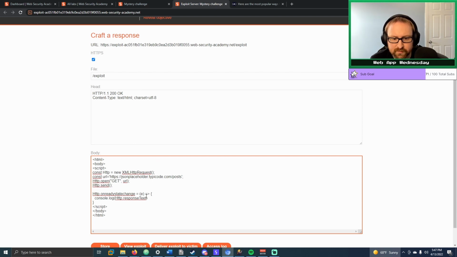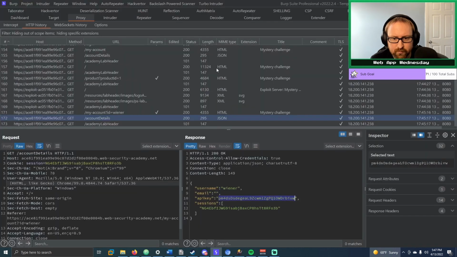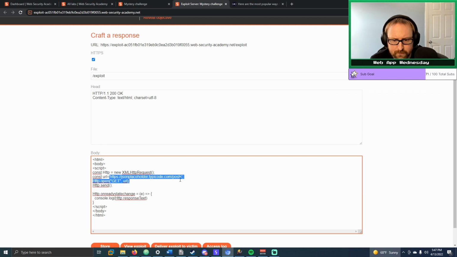So what we need to do is set the URL to this. Right, so we set the URL for that. We're going to use the XML HTTP request to open, which basically means create a new request. It's going to be a GET request to this URL. We're then going to send it, and then on ready state change is pretty much when the response comes back. We can get the response text, but